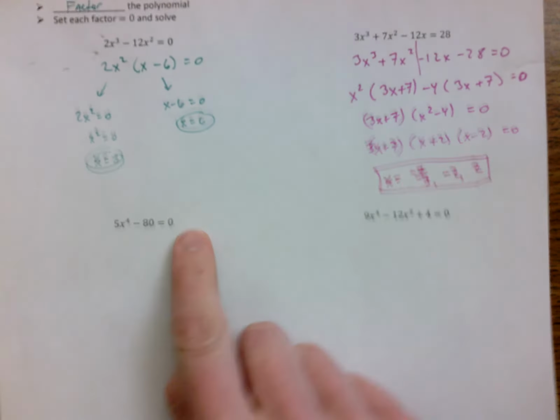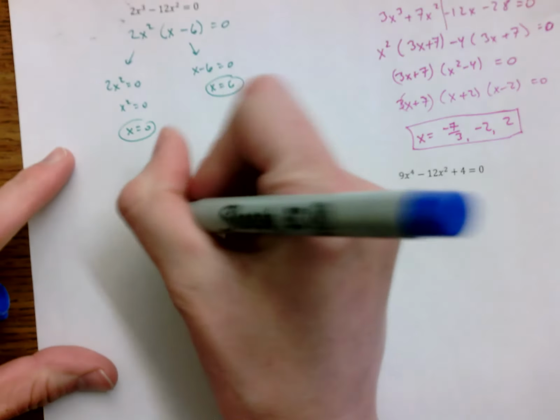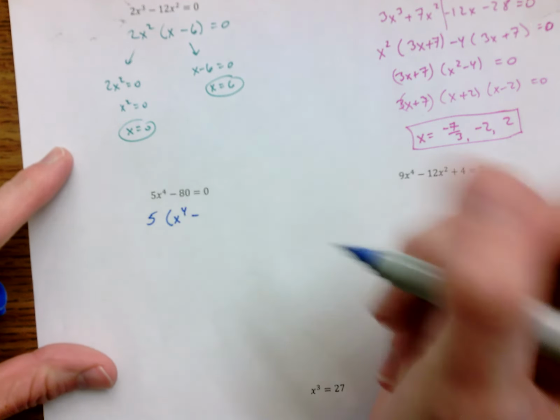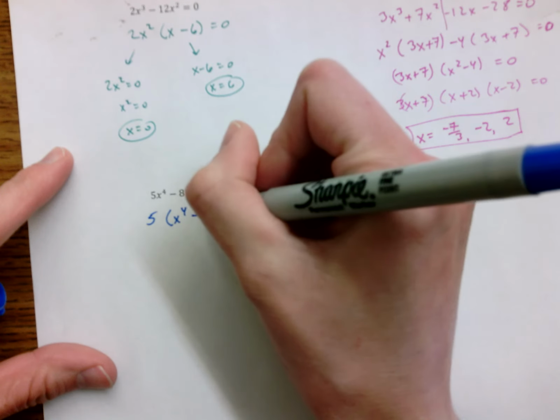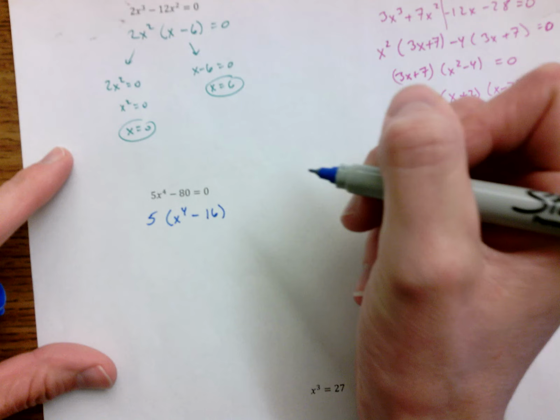Cool. All right, this guy down here, first thing I'm noticing with this one is that it has a GCF of 5. So I'm going to start there. So I'm going to factor out that 5, and that leaves me with x to the 4th minus, what is that, 16? Yeah,